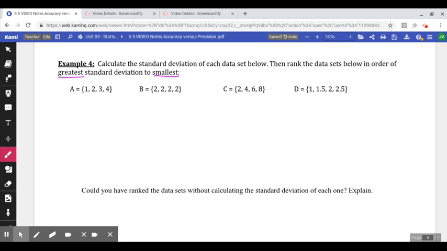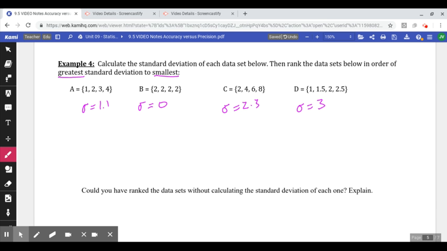If you did this in your calculator, you would have found the standard deviation for A to be 1.1, the standard deviation for B to be 0, and the standard deviation for C to be 2.3, with the standard deviation of part D to be exactly 3. Pause the video, try to do this by entering each set of data into list 1. You'll have to do that 4 times, 1 for A, 1 for B, 1 for C, and 1 for D,